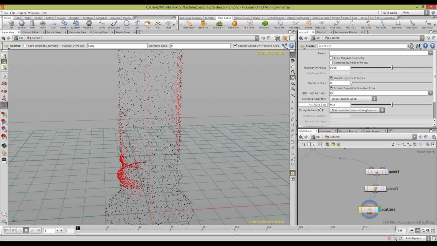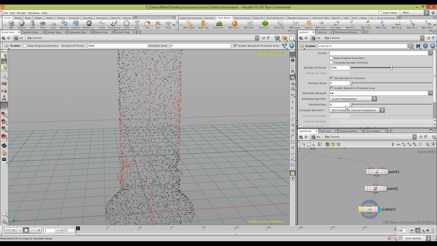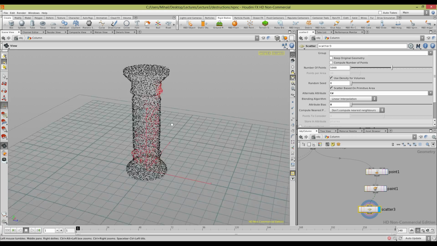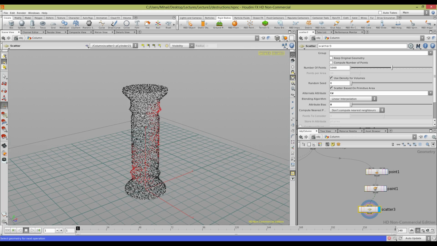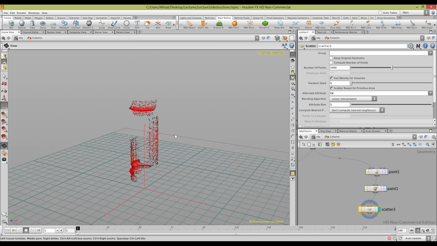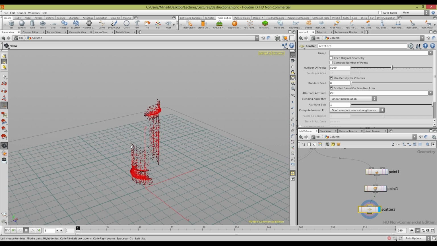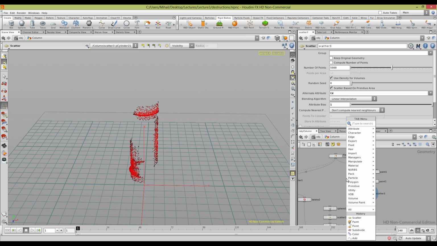So, and there is attribute bias, and if I change it, you see that if I set it to 0, my attribute has no effect over spreading of points. And if I set it to 1, I will have points only where I draw something. Okay, I will leave it at 1, and now I can create the Voronoi fracture,